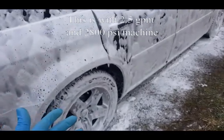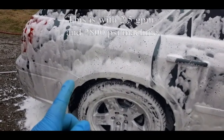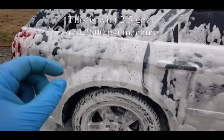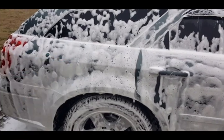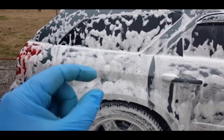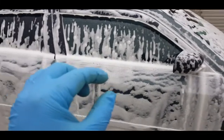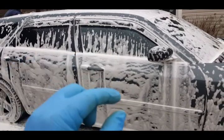Oh, but by the way, in my other video I talk about the orifice, but there's also this mesh, they call it the mesh foam maker, and that's what the water and soap has to pass through, and that also plays a big part in it. When I bought my 1.1 orifice, it came with a stainless steel mesh foam maker. Just by looking at the old one that came in that foam cannon and the new one that came with the new orifice, I could see there was a difference in how densely or thinly woven the mesh was. So when I put the 1.1 orifice in that foam cannon, I also put that mesh foam maker that came with that orifice in the